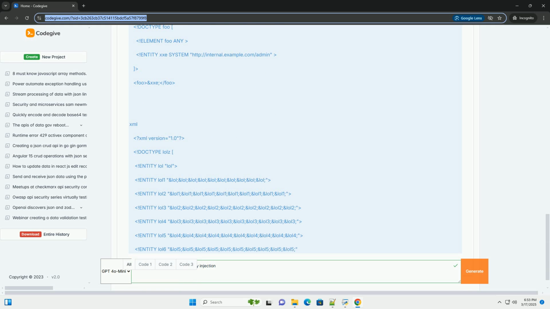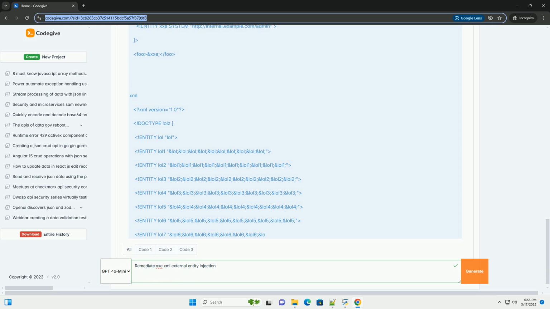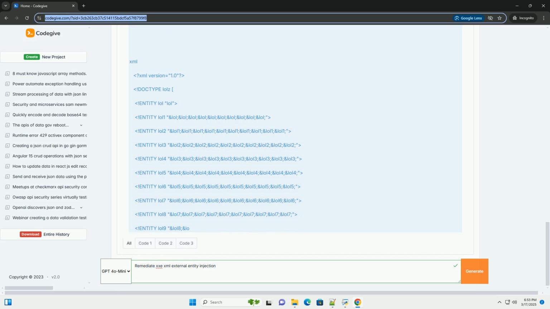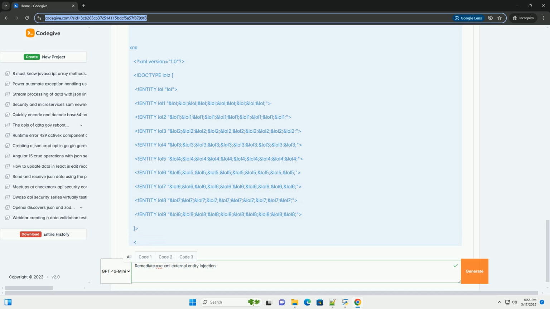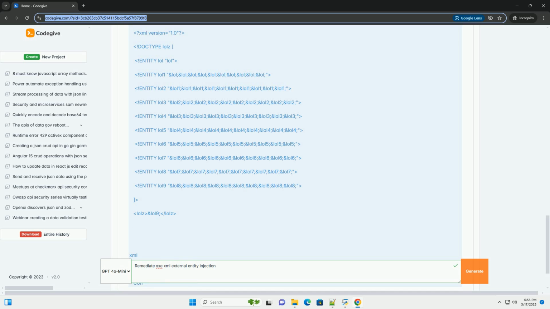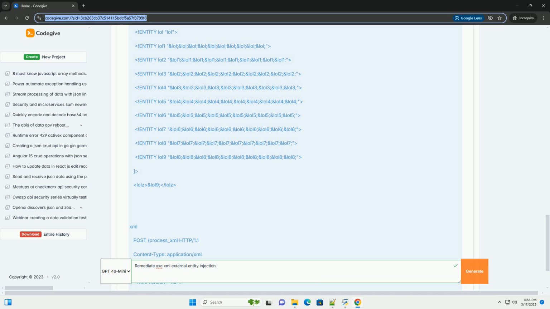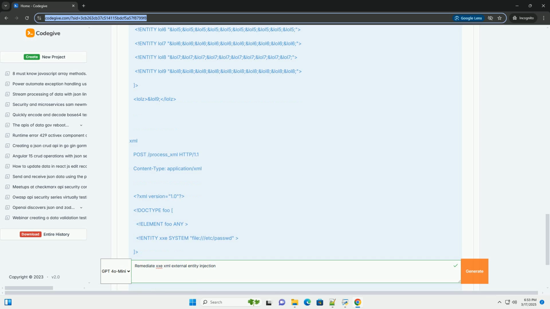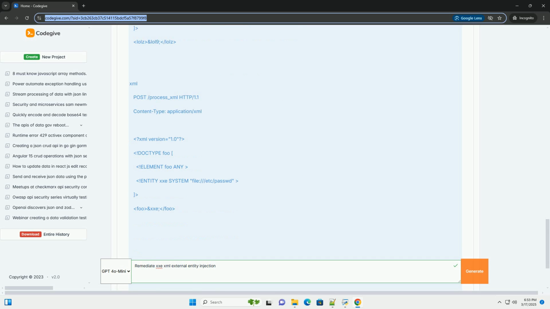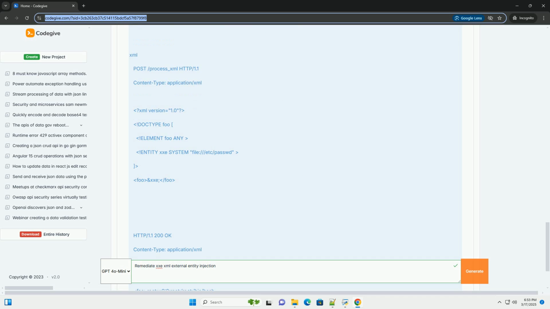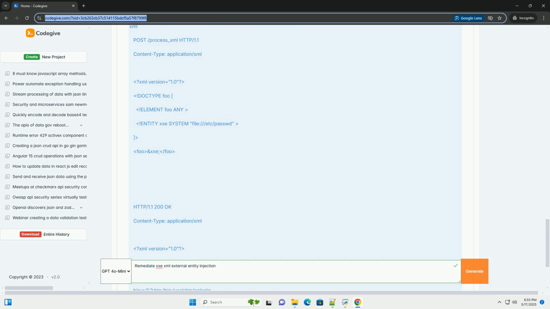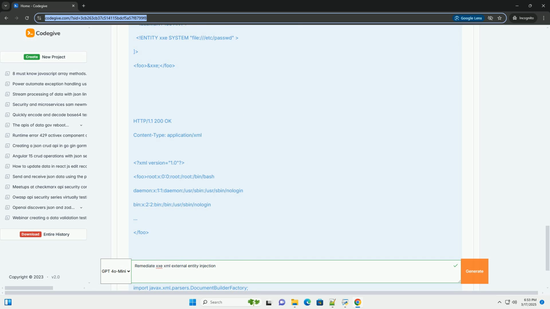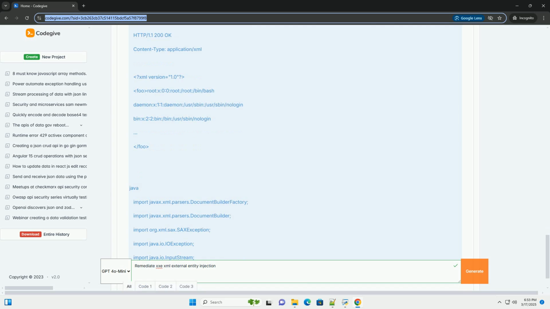Perform server-side request forgery, SSRF, make requests to internal or external services on behalf of the server. Denial of service, DOS: cause the server to crash or become unresponsive. Code execution: in some cases under specific configurations, and if the application parses and executes DTDs, document type definitions, attackers might achieve code execution. This tutorial will cover: